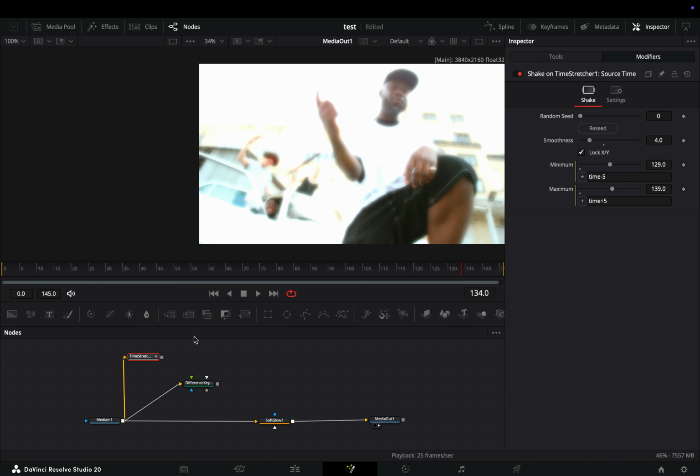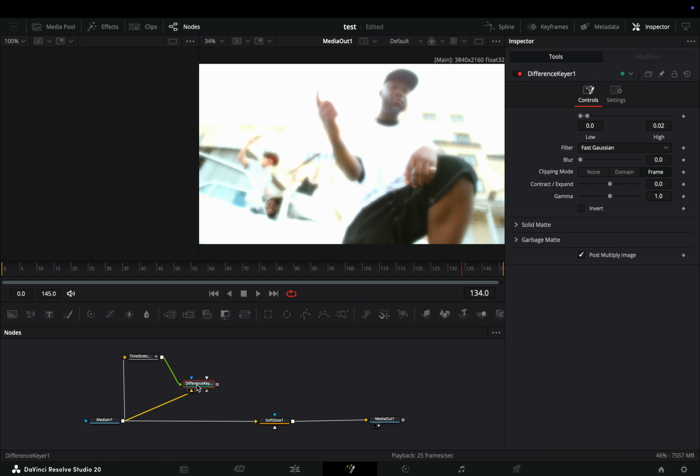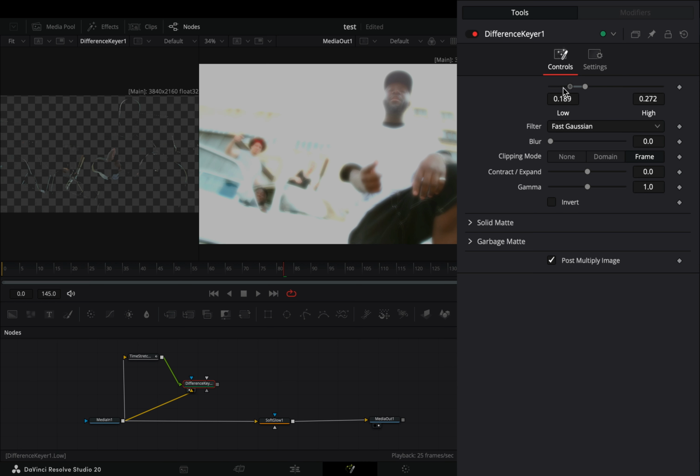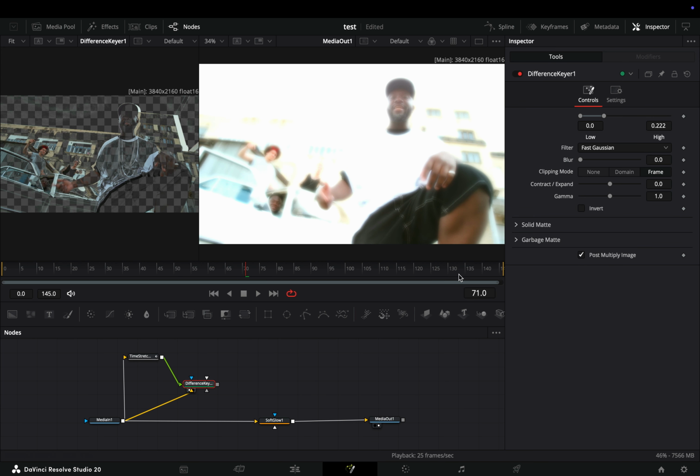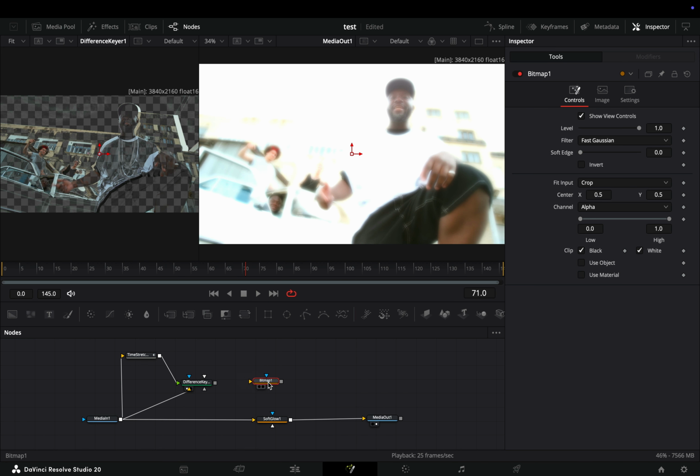Connect the time stretcher node to the green point of the difference keyer. Select the keyer node, and play around with the low and high slider, to adjust your mask. Once you are satisfied with the mask, bring a bitmap node in empty space, and connect the keyer node to